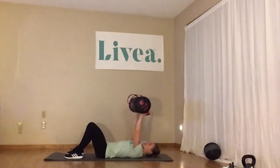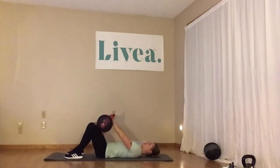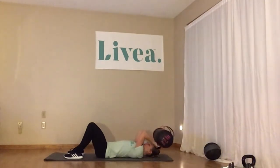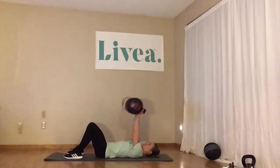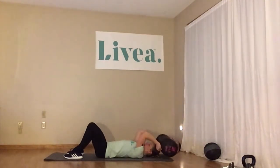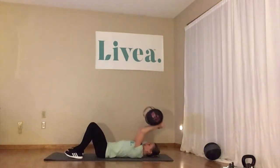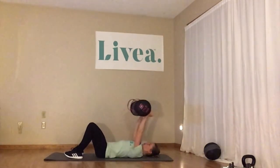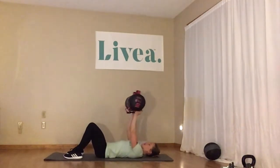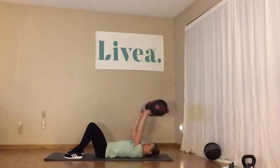That's one. And we get a good grip on this side. Here we go. Back down. Two. Maybe this isn't the right one to use. Get the right grip here. Three. Four. Try one other thing. Here we go. 5,